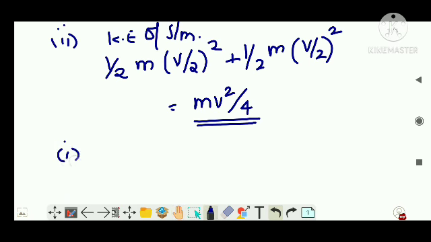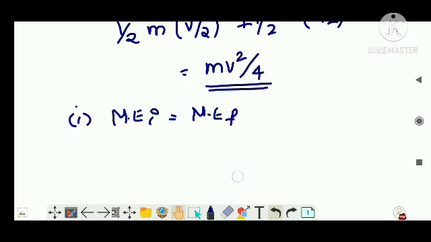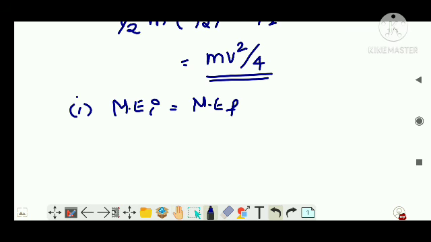Now we'll find what is the maximum compression of the spring. Here it is better if you understand. In the case of a spring, always the mechanical energy is conserved, right? The mechanical energy initial is equal to the mechanical energy final. What is mechanical energy? The sum of potential energy and kinetic energy. Initially, when the system is considered, only A is having the total mechanical energy, which is actually kinetic energy, half mV squared. B and C are at rest, so no need to write the third thing.